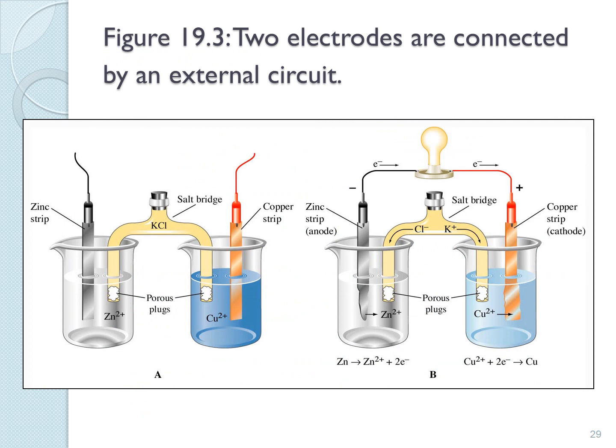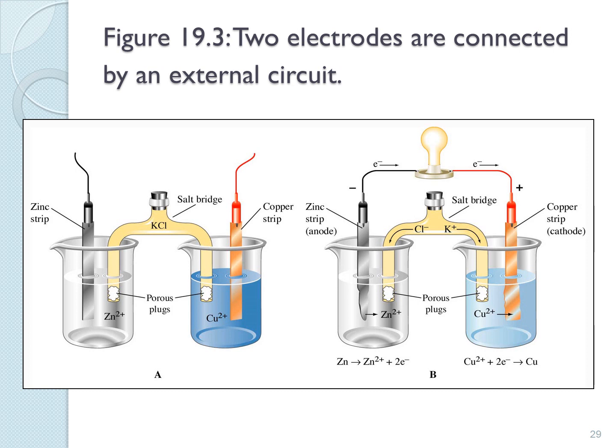So on the left-hand side, picture A, they're not connected yet. So we have our zinc metal dipped into our zinc ion. We have our copper metal dipped into our copper ion. We have a salt bridge which has potassium ions and chloride ions, and it could be any salt, anything that has positive and negative ions. Now, in picture B, once we connect the circuit,